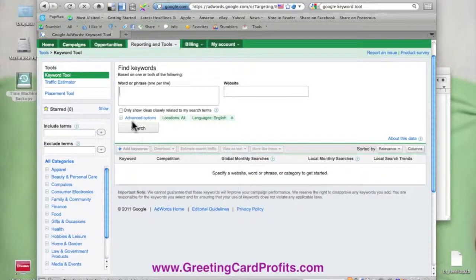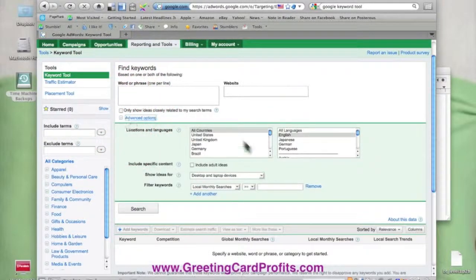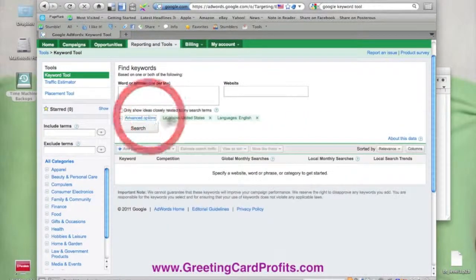So the advanced options tab, you click that and you'll see we get all these options here. So you can choose which country you want to get your results from. I'll just choose the United States here. You can include certain options, show ideas for laptops and devices. I just leave it as it is at the moment, and filter keywords by local monthly. You can choose global, competition, or whatever you wish. So I'll just choose United States and the English language. And again, I'll just go into here and type in greeting cards